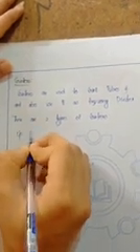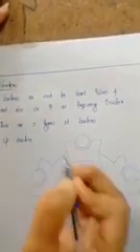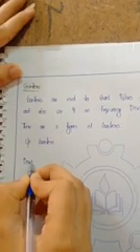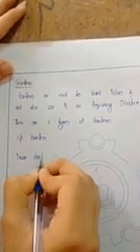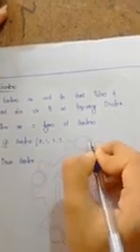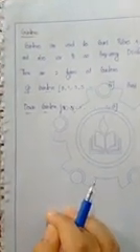First one, up counter, and second one, down counter. In up counter, the count starts from 0 to n: 0, 1, 2, 3, and so on up to n. In down counter, initially it will have the maximum count and the count is decreased by 1 each time, n minus 1 and so on, down to 0.